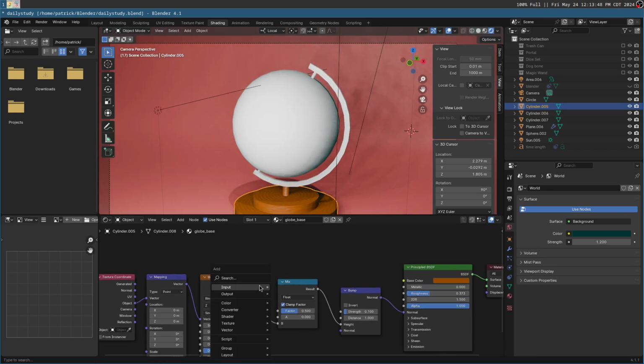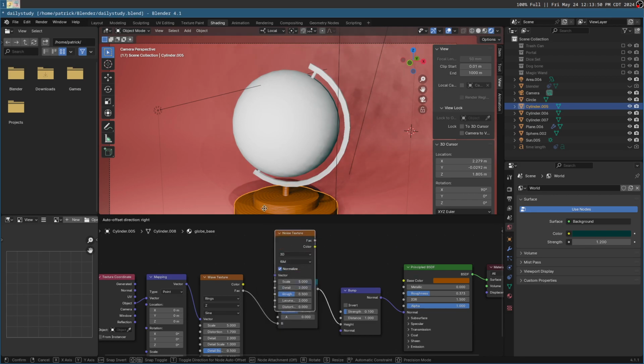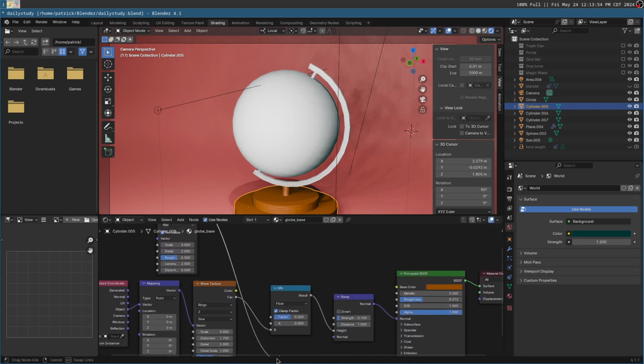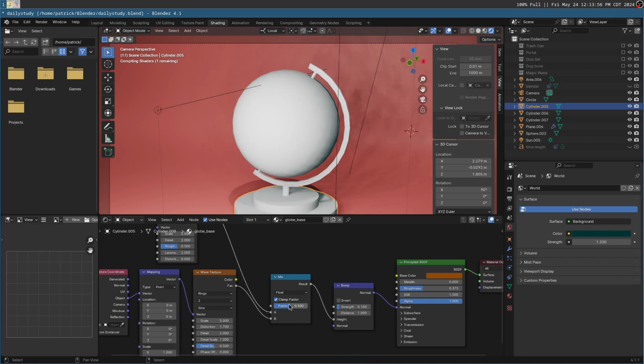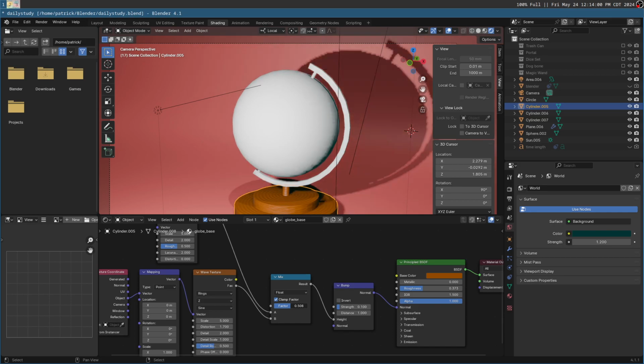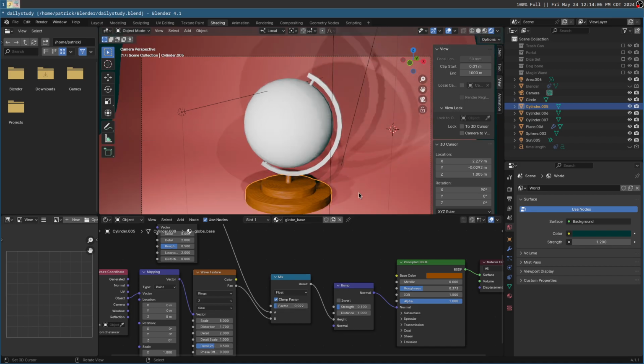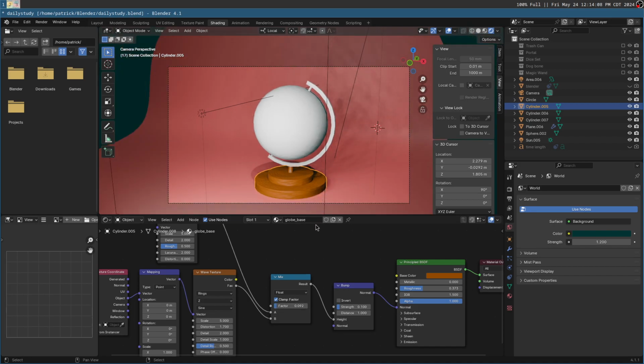And then we also want to mix that with a noise texture, just to give it some visual interest, I think. We'll bias the noise quite a bit here, but I think that looks fine because we don't want it to be too blatantly realistic,